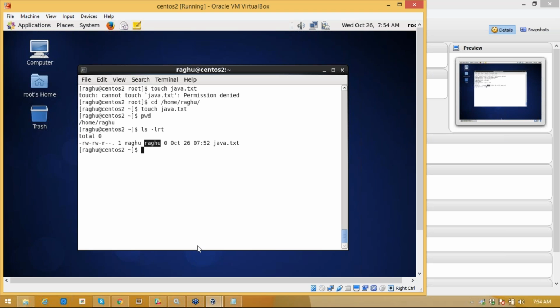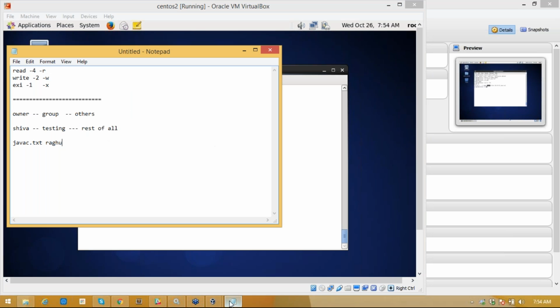In general, you can see they have given read write in the notation, right? We'll try to understand that. Whenever I created a username called Raghu, now owner is Raghu and group is also Raghu, rest of all are others.